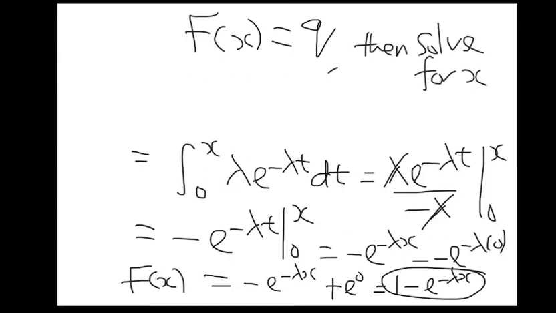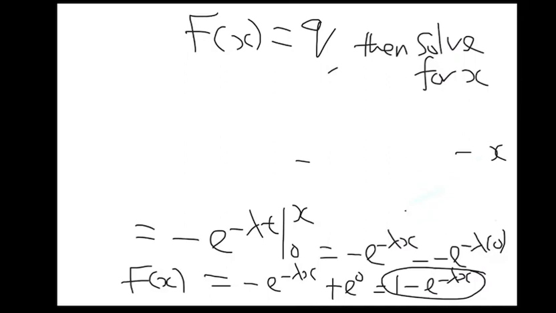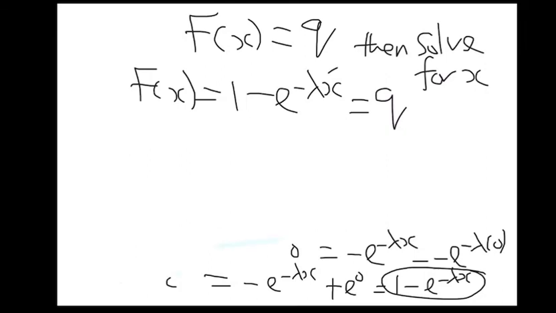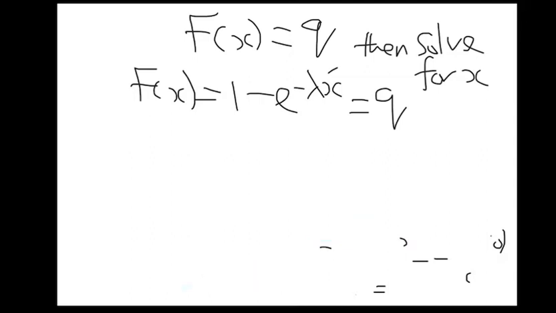Now you're going to see what I'm actually going to do. So what did I derive as a distribution function? The F of x for the exponential is basically 1 minus exponential to the power minus lambda x. I'm going to equate that to q. When I equate that to q, I'm going to solve for x, and that is basically going to be the quantile. The quantile is the inverse of the distribution function. I'm going to say that again: the quantile is the inverse of the distribution function.